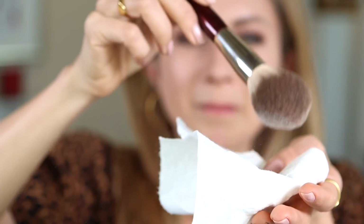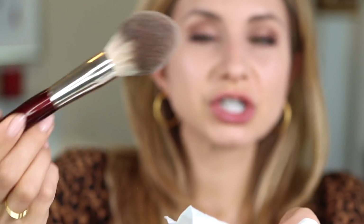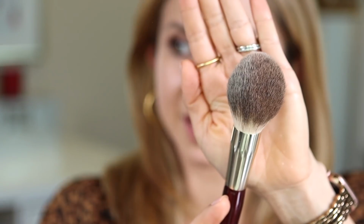This does pick up a lot of product, but what I'm going to do is take a tissue and really blot most of that off of the brush and into the brush fiber. So now you can see what the brush head looks like after I've done that, quite a big difference. Then I'm just going to take this brush, you guys, and lightly press onto the face. You can see how that cuts down the shine a bit,